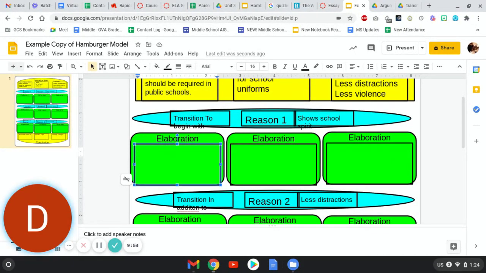So under show school spirit, I might say, everyone will be wearing similar clothes. Okay, maybe I talk about polo shirts, khakis,